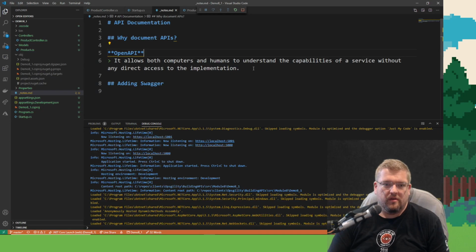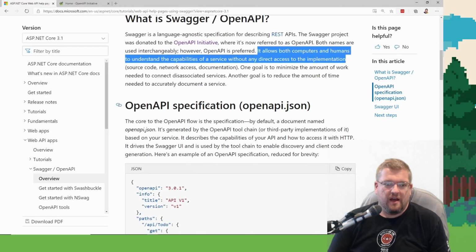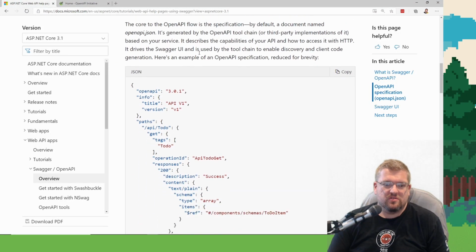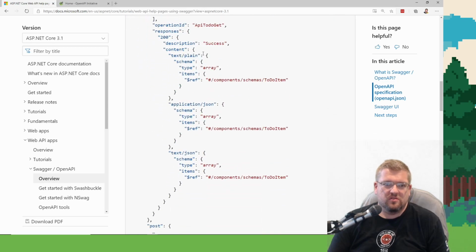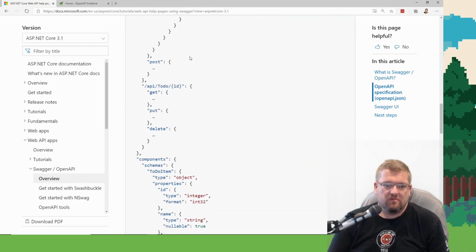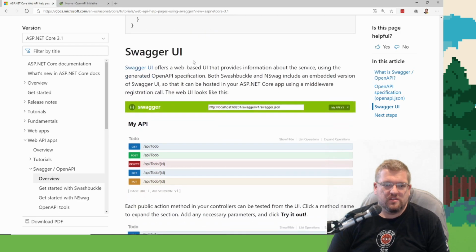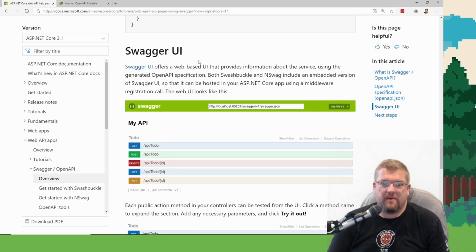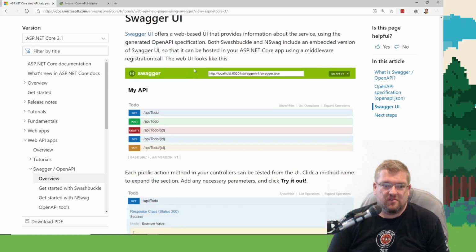There we go. Open API specification. Swagger UI offers a web-based UI that provides information about the service using a generated Open API specification. Both Swashbuckle and NSwag include an embedded version of the Swagger UI so it can be hosted in your ASP.NET Core app using middleware. It looks like that.